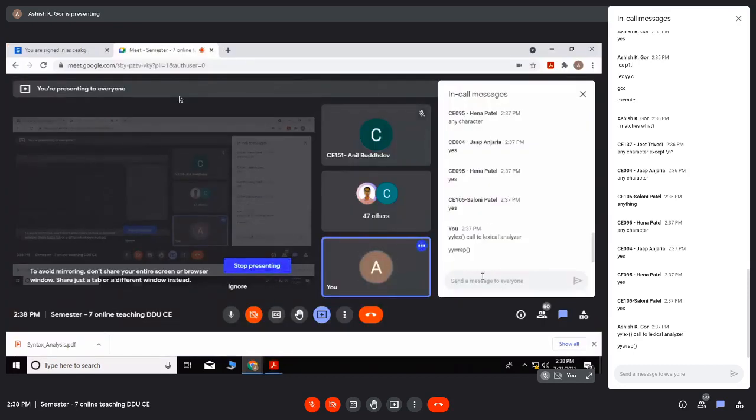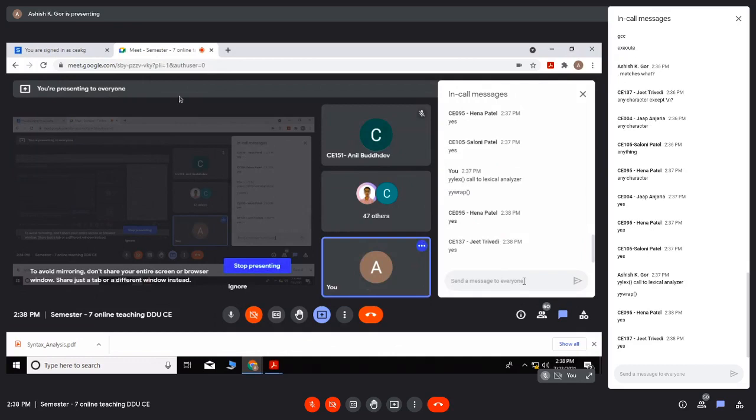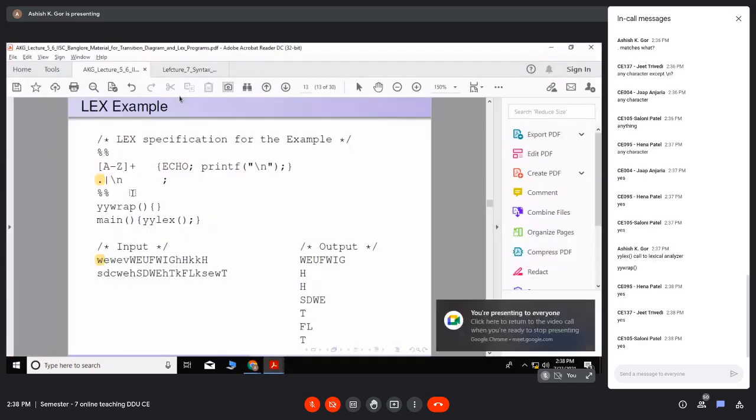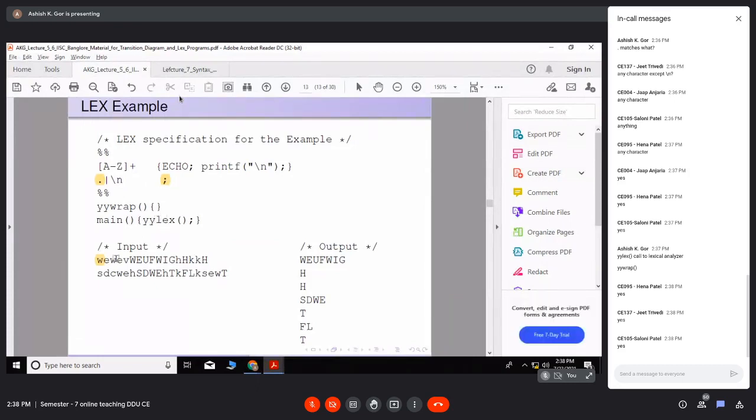Because the first rule matches the words of capital letters. Yes, am I correct or not? Hannah, Saloni, Jack. Yes. Okay. So small w will match here and there is no action. Okay. Similarly e, w and e, v up to this, there is no corresponding action, so nothing is going to be printed.